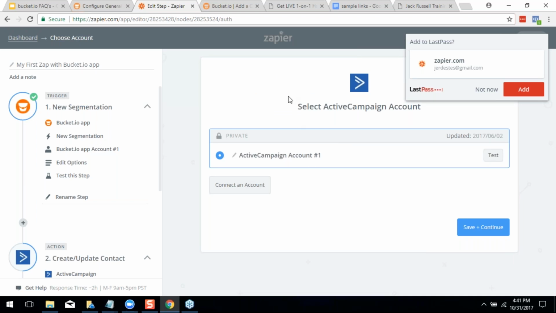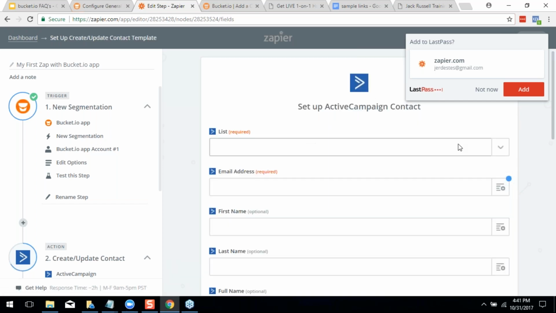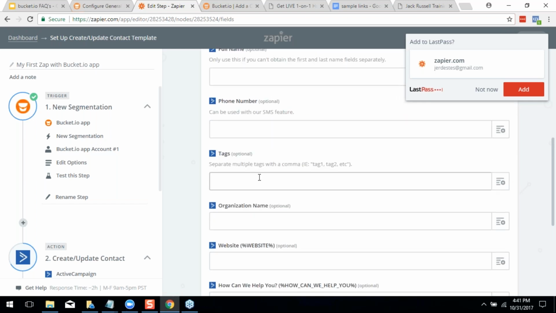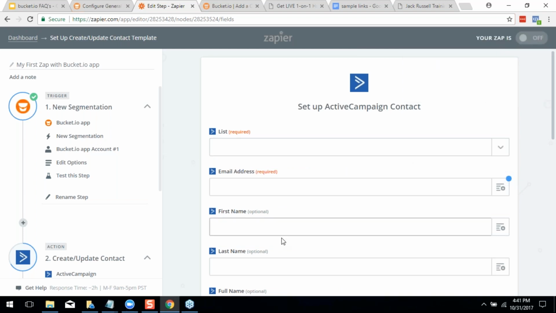I'm not even looking if you guys are typing anything right now because I know I'm going super fast. But what I just want you to see is that I just want to get you to the screen over here. What you want to do is on this screen here where you're actually sending the lead information over to, in this case, ActiveCampaign, or if you were using Drip or AWeber or whoever you were using, what you're going to be doing